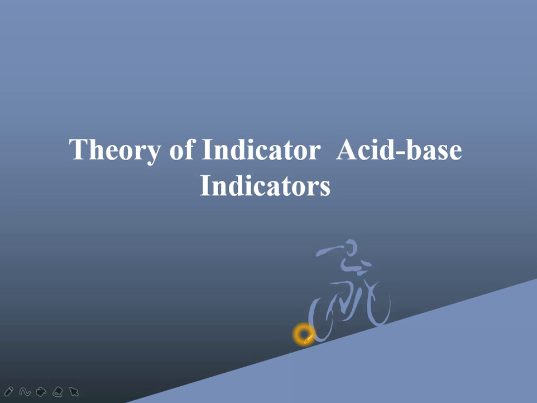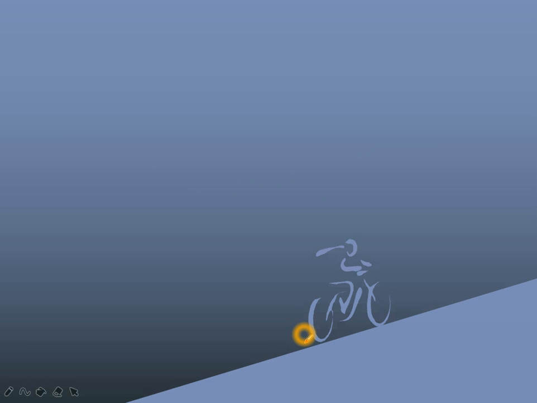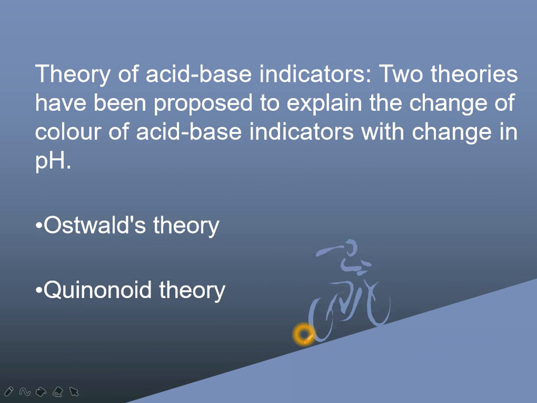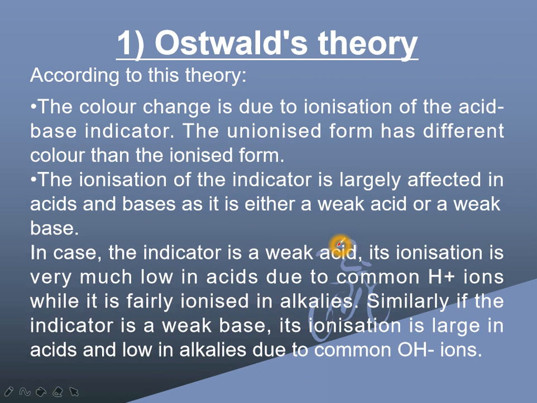Next is the theory of indicators, that is, acid base indicators theory. There are two important theories. First one is the Ostwald theory and the second is the Quinonoid theory. In case of Ostwald theory, the theory states that the color change of the indicator is due to ionization of